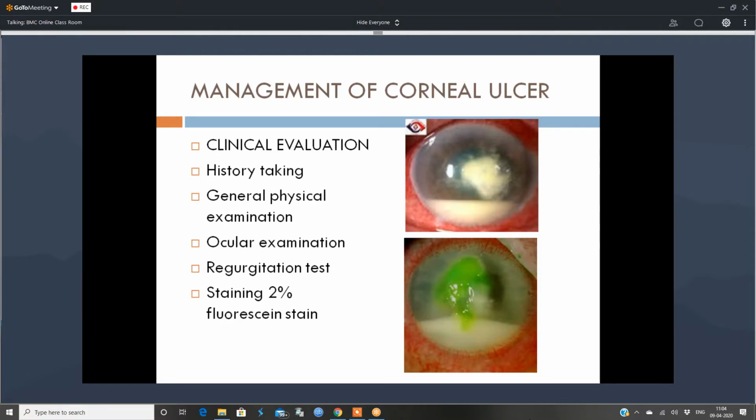You see circumcorneal congestion and a white opacity on the cornea, which will be covered with slough. The very important finding here to see that it is in the active stage is fluorescein staining. If you remember, fluorescein is a vital stain. When you put fluorescein stain, if the ulcer is in active stage, that is, if it is not an opacity but an actual ulcer, then it will stain. You can see the figure below. It gives a brilliant green color in red free light.